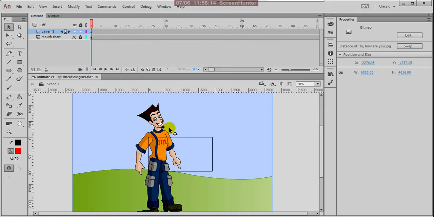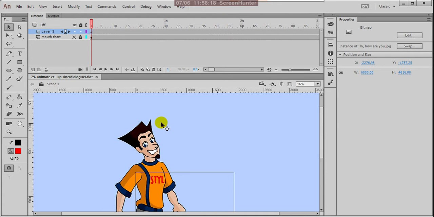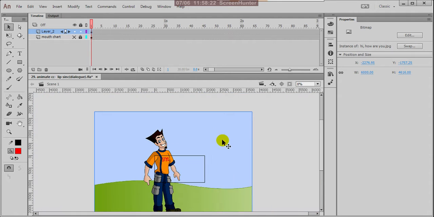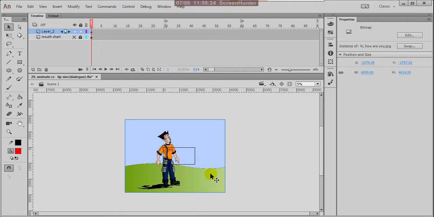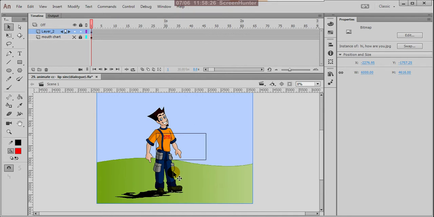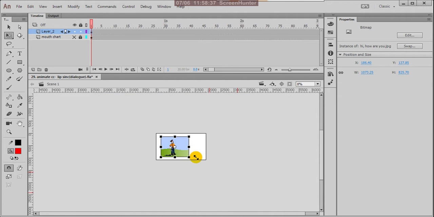Here I'm not going to trace the whole character, just the head portion up to the neck. For that, press Q, and press Shift, and you can reduce the size.